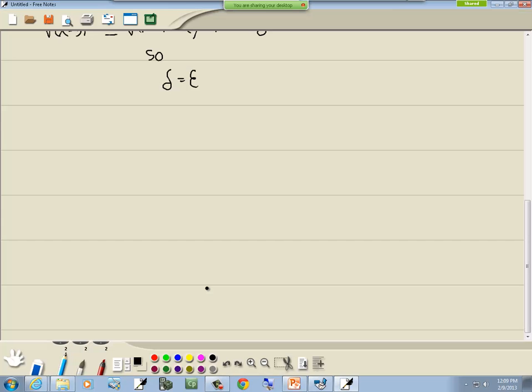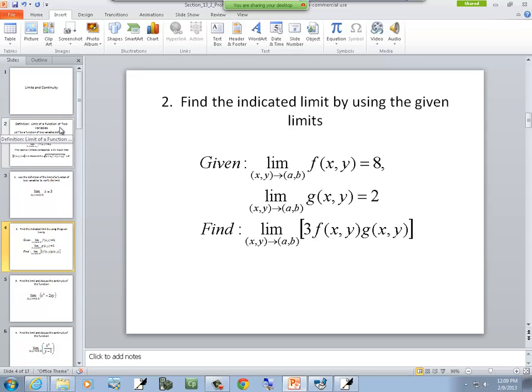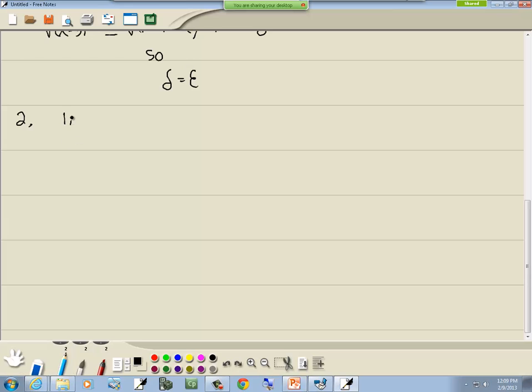Let's look at the next one. This next one just tries to emphasize that when you're dealing with limits with two variables, it's the same as when we just had a single variable. We just had x's in there. So in this problem, test the limit as xy goes to ab of f of xy